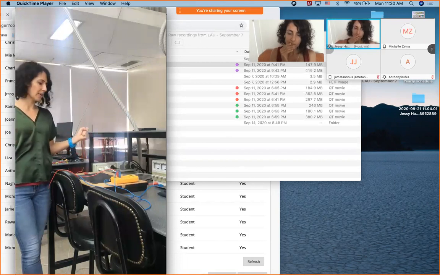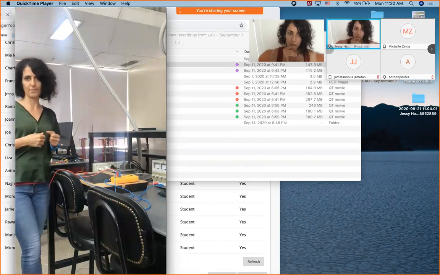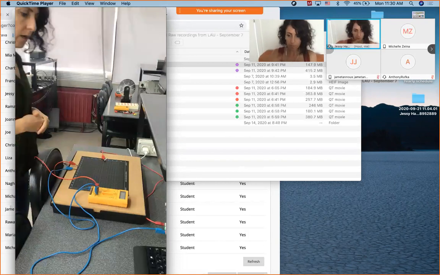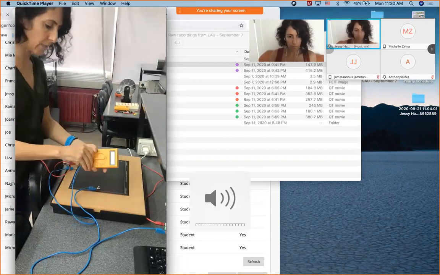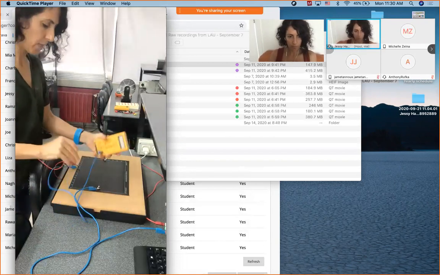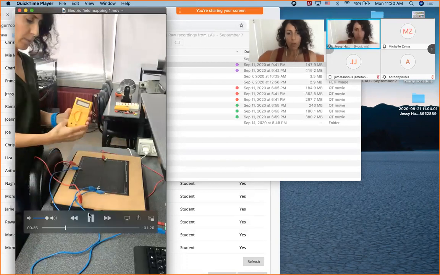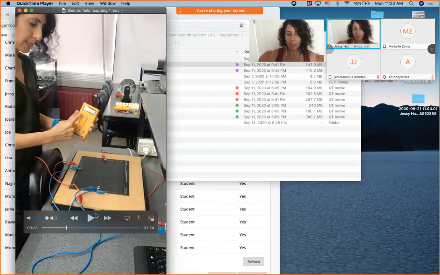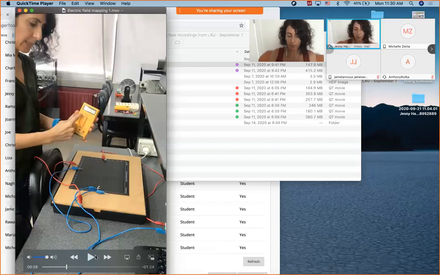All right, so let me get the camera closer to show you the different equipment we have. The equipment needed: you need a multimeter. This is the test multimeter I will be using on the scale. Basically this multimeter is to find the voltage or the potential difference. In other words, finding the different zeros, okay?